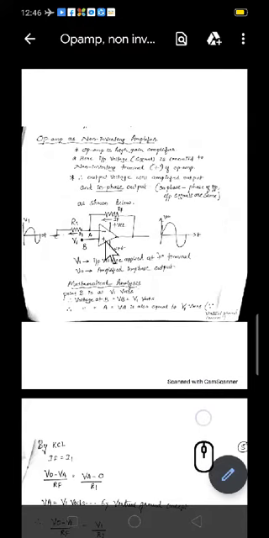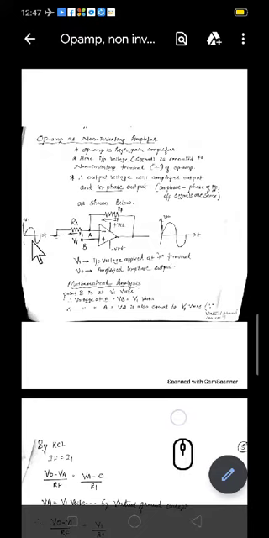Here is the non-inverting terminal of the op-amp. This is called inverting terminal. Here, as this is non-inverting amplifier, we will be applying the input voltage V1 to non-inverting terminal of op-amp. Next, connection of this RF, that is feedback resistor, and the input resistor R1 is very similar to the previous circuit. And here you can observe the waveforms, input waveform and the output waveform.